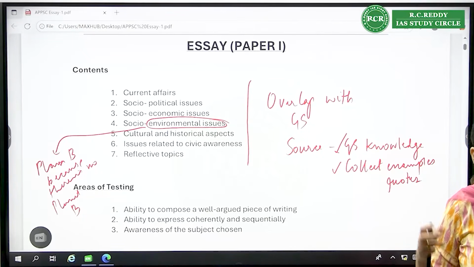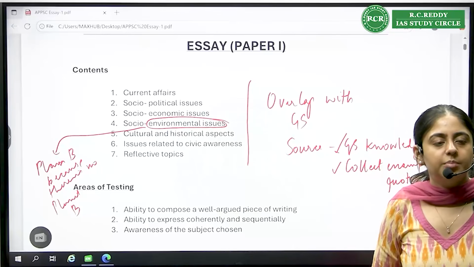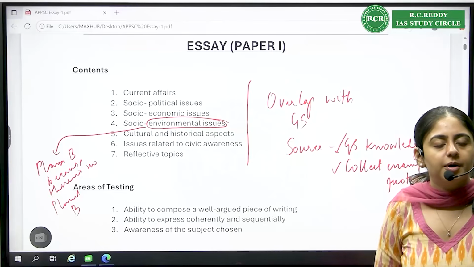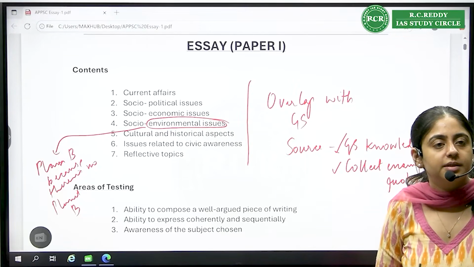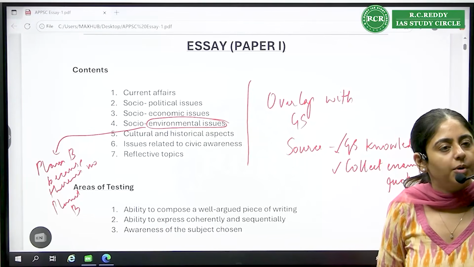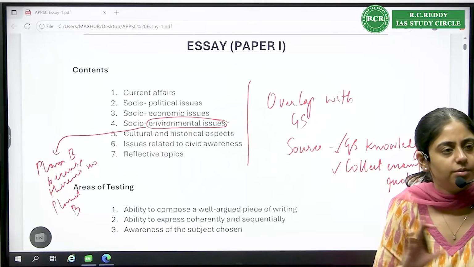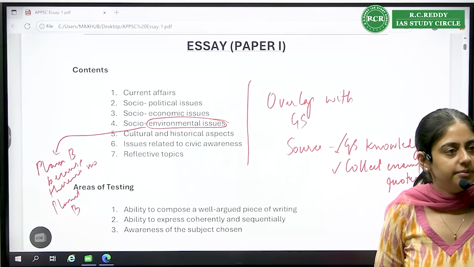Although I will also give you a list of quotes and we will discuss in class too, from your side, now on, because essay has started, keep a sharp eye when you are reading newspaper or any current affair magazine. If you come across some quote with respect to democracy, politics, or economic situation, or any current affair, and you feel this could be used somewhere, just make your small notes where you can write these important quotes. And I'm not saying you have to go overboard and collect 100 quotes. No, just topic wise, 2 or 3 quotes would be more than enough, right?